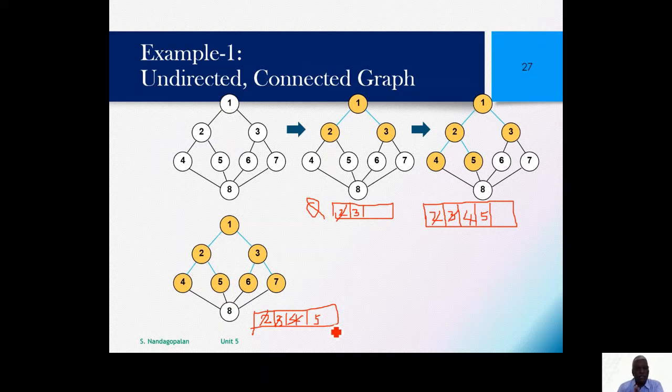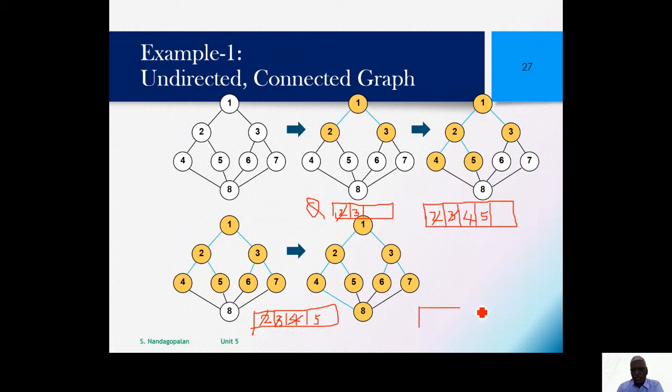I mean, it is not visited yet. Sorry, it's not visited yet, and hence we can add it into the queue. So now what happens? Yeah, now you can see here that 8 is visited. So my queue contents now will be, now I have 2, I have 3 visited, I have 4 already explored, now 5 also explored. So I have now 2, 3, 4, 5 explored. Now I have 8. 8 is the visited vertex.